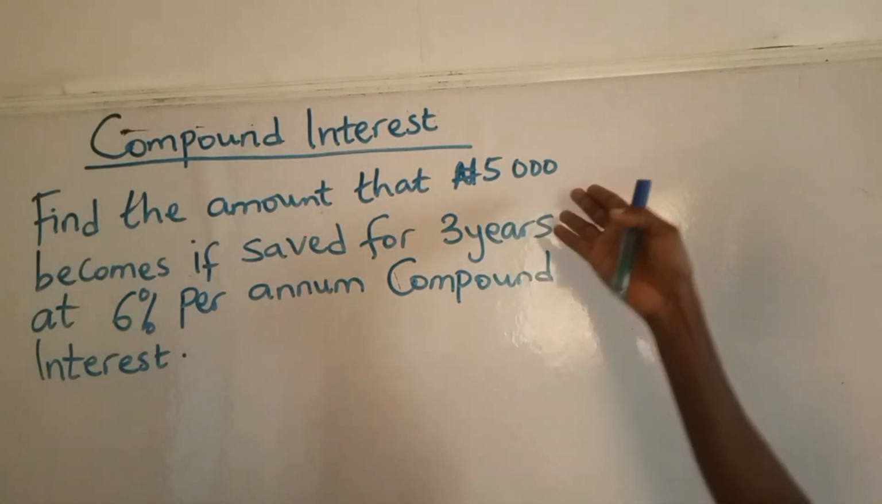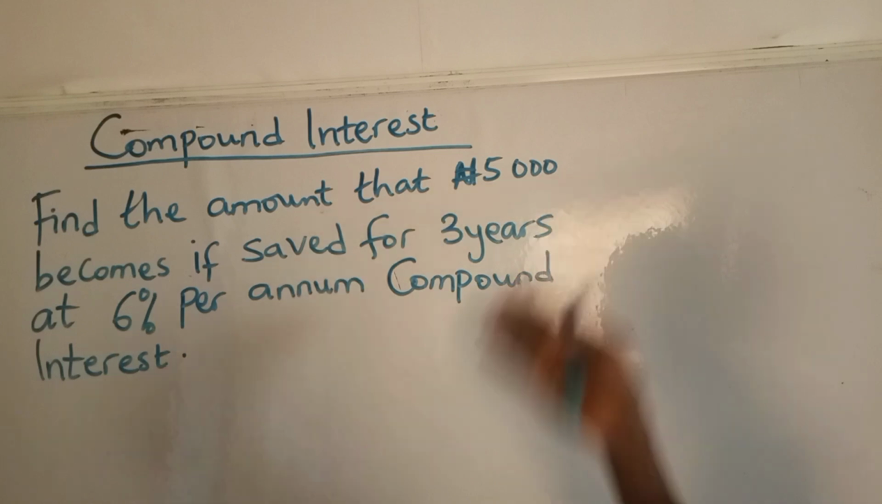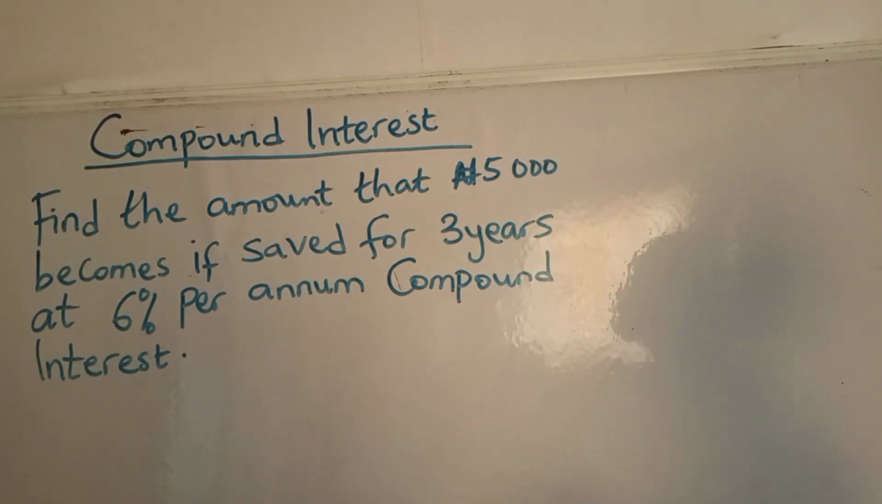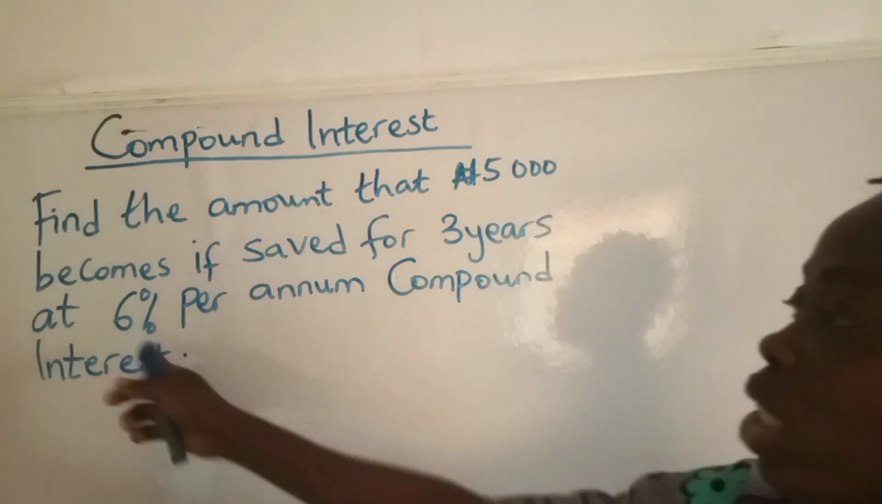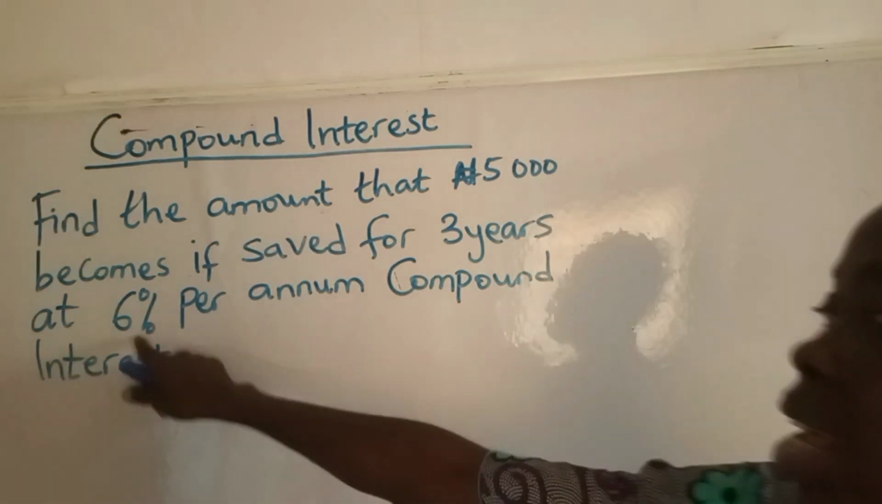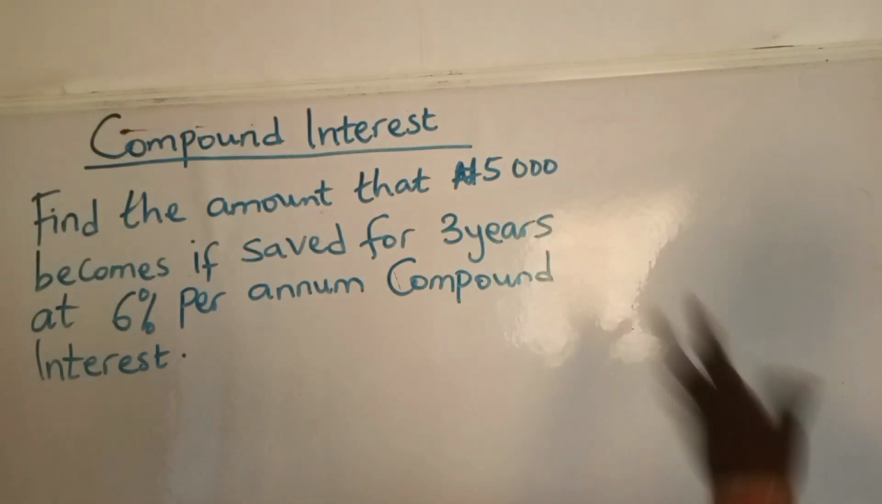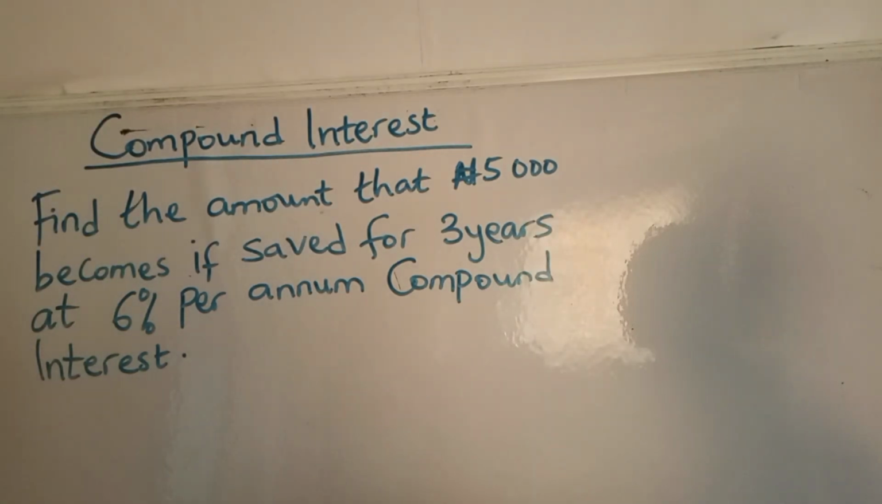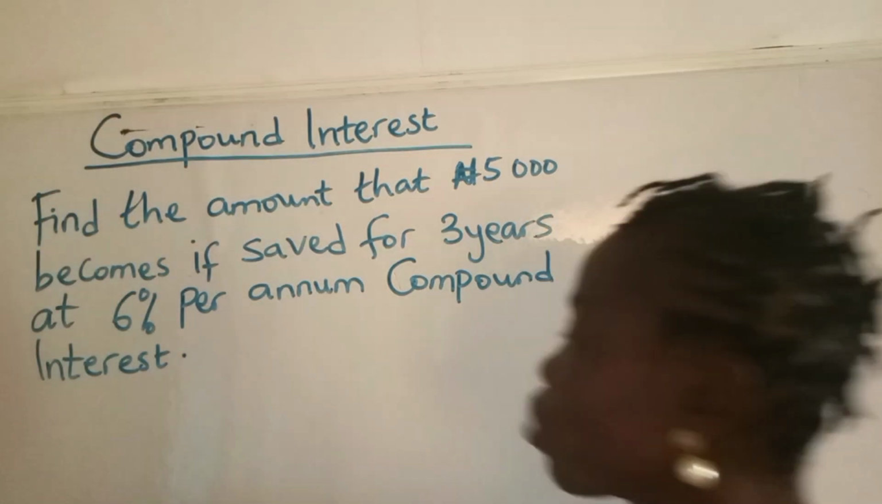Now, it means you save this money in the bank, and in three years' time, how much will you get if the rate at which they are putting your interest is 6%? Now, in 3 years, how much will you get? Let's calculate that. As we all know that